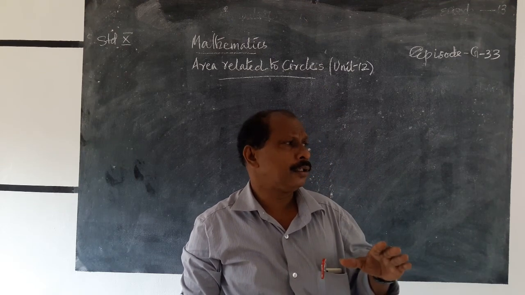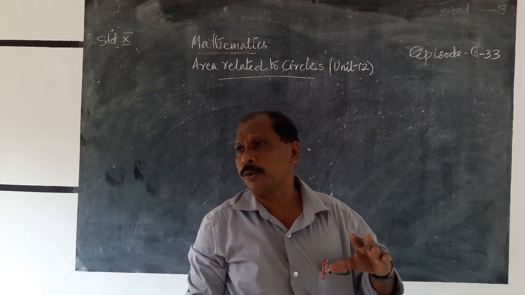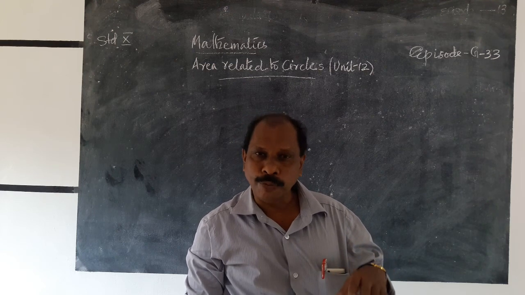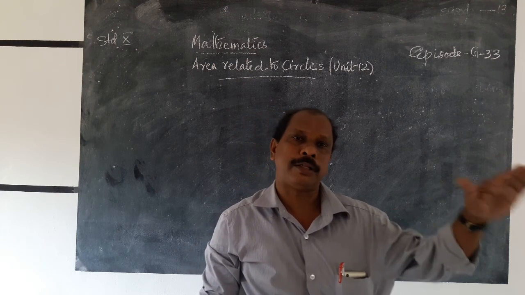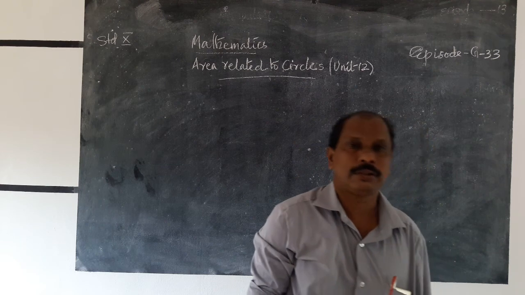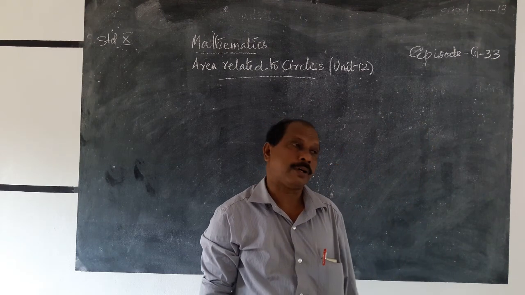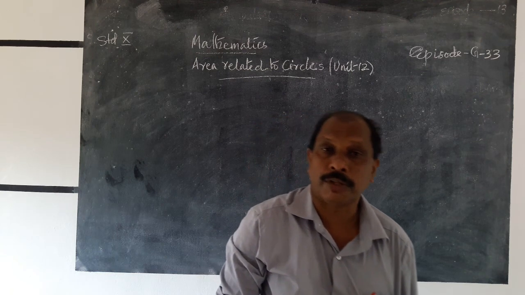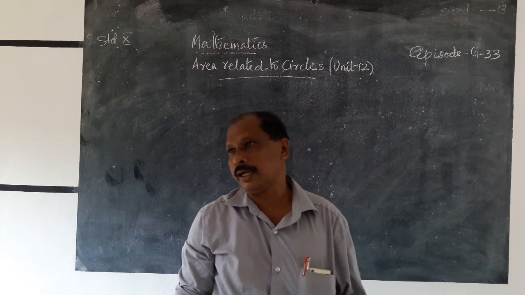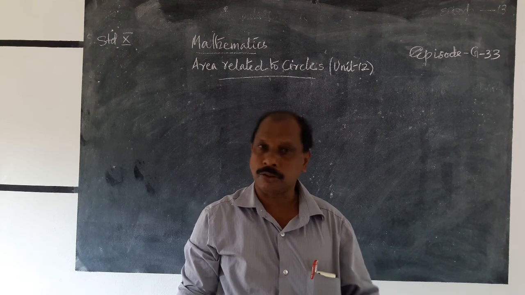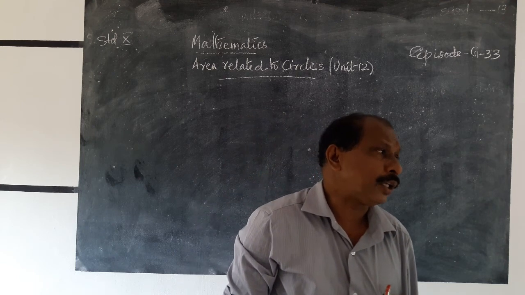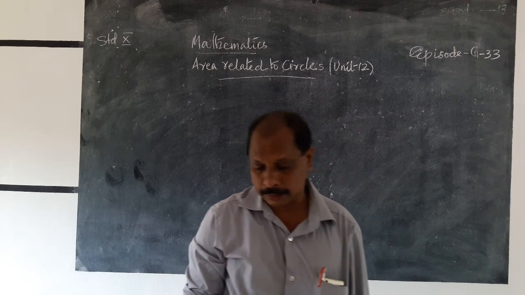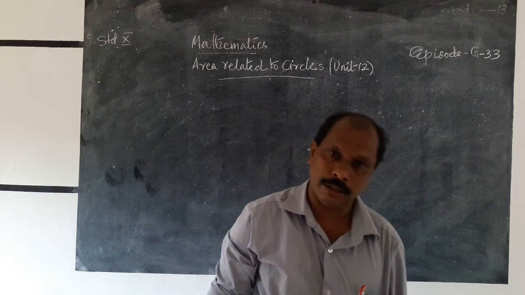We know that a circle is the path traced by any point in a plane that moves with respect to a fixed point. The radius of that circle is the distance from any point on the circle to the center. Twice the radius is the diameter, the longest chord. The path traced by that circle is known as the circumference of the circle.